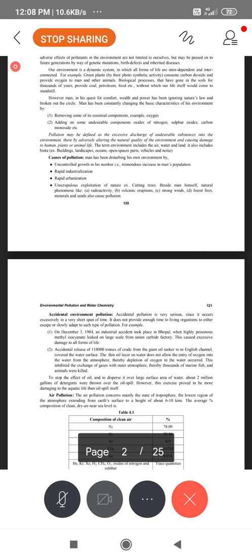Above the stratosphere, from 50 to 80 kilometers, we can call it the mesosphere. Above the mesosphere, from 80 to 120 kilometers, is the ionosphere. Above 120 to 300 kilometers, we can call it the exosphere. More than 300 kilometers, we can call it the thermosphere. In the thermosphere, above the ions, nothing is there, only empty space. So before that, in one